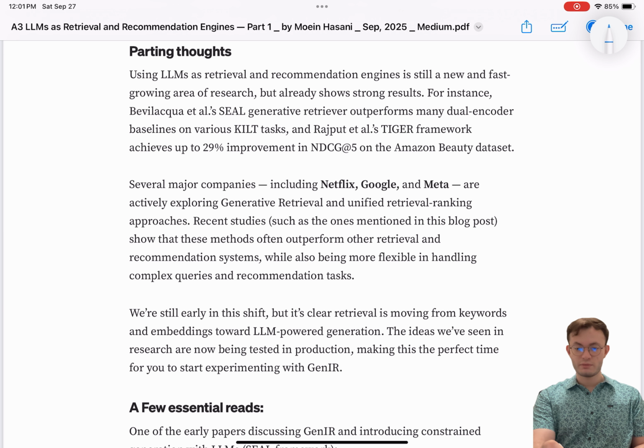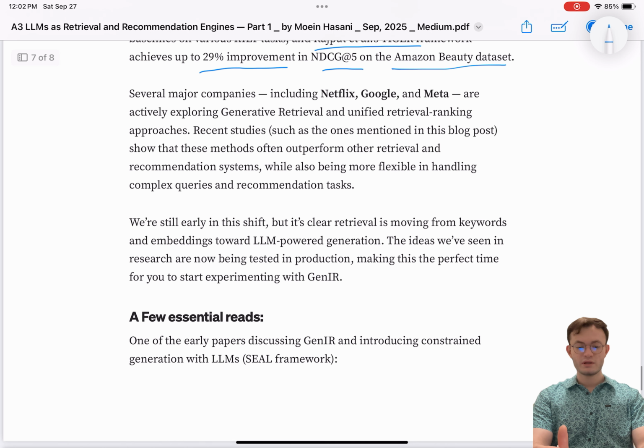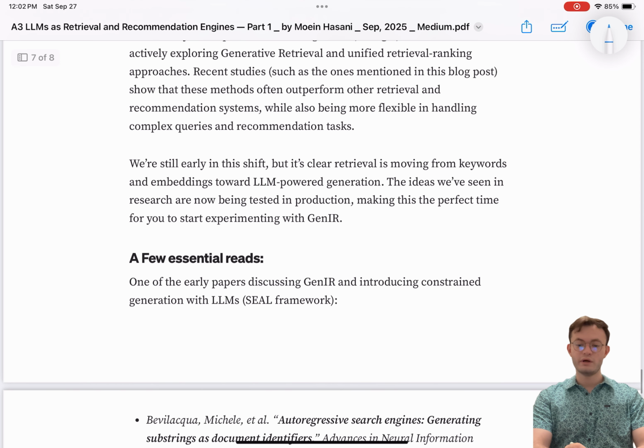Feel free to read these papers. They're very helpful. For the Tiger method we talked about, there was a 29% improvement on the CG5 Amazon Beauty dataset. So there is definitely evidence now that these methods can work even better than traditional ones, but this is still a new area, and we are early in this shift.